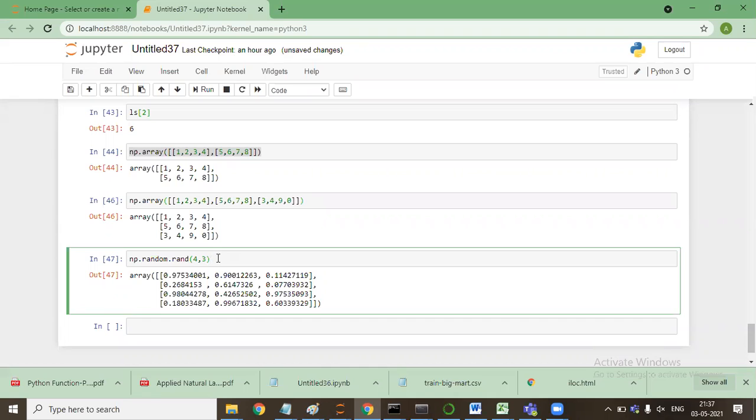It means 4 rows and 3 columns with random values in them, and the random values are between 0 and 1.